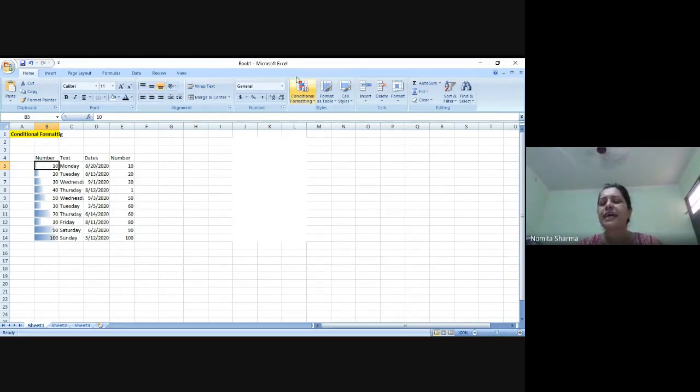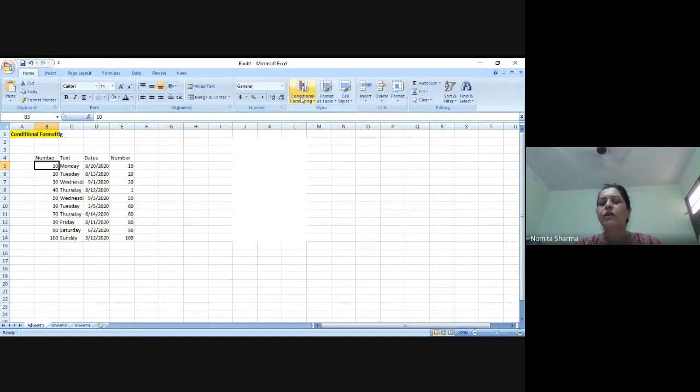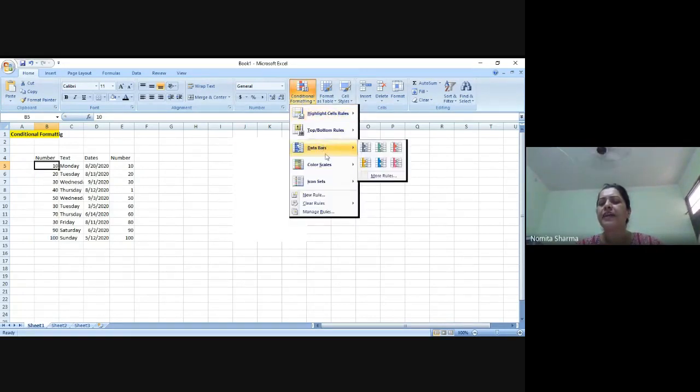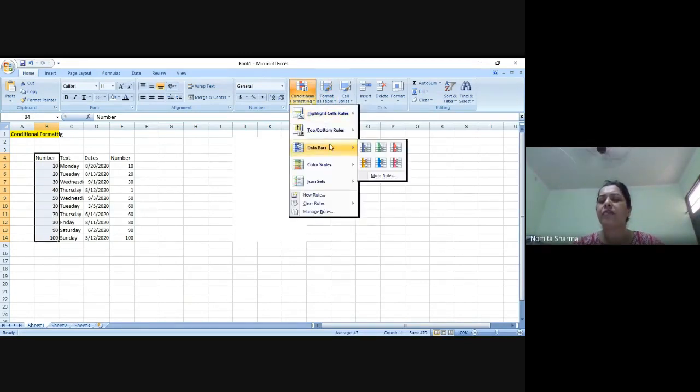So this cell, I will not, I did, okay, so I'll just clear that rule. So I will go to conditional formatting for data bars. I can choose a different color. It will give me green, blue, or the other color options available, and accordingly the bars will be colored. So I have yellow option, blue option, pink, red, green, and purple.